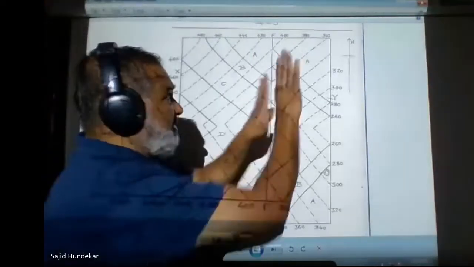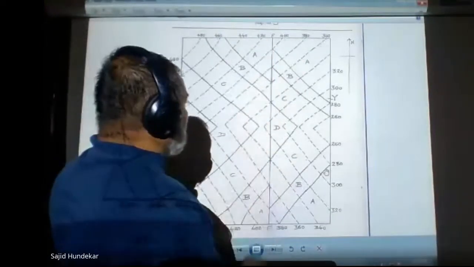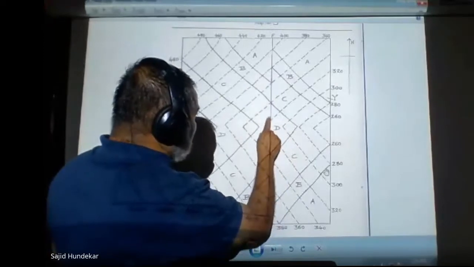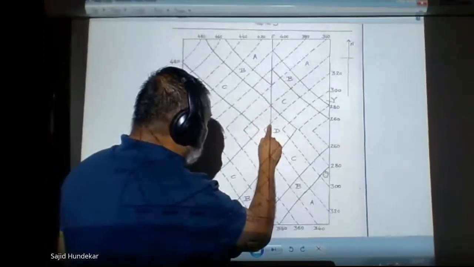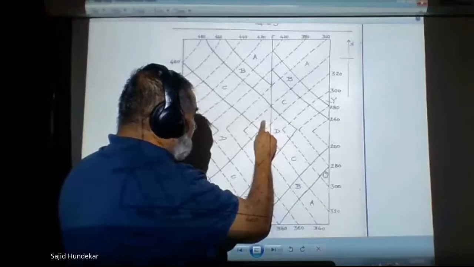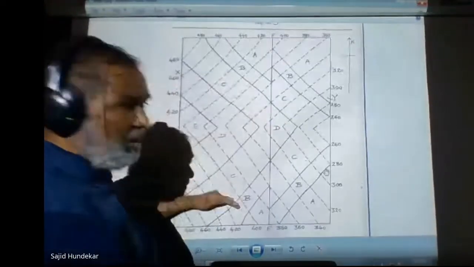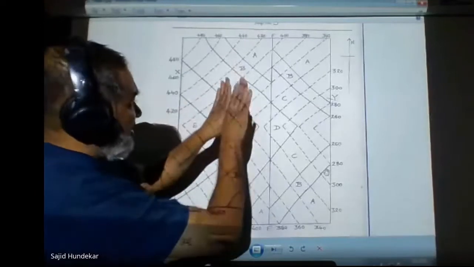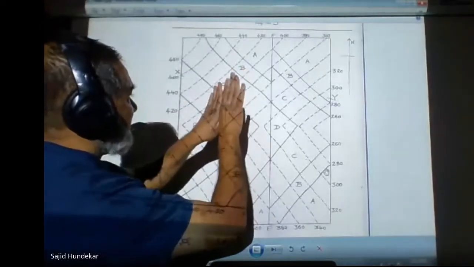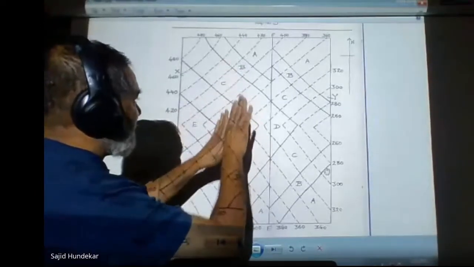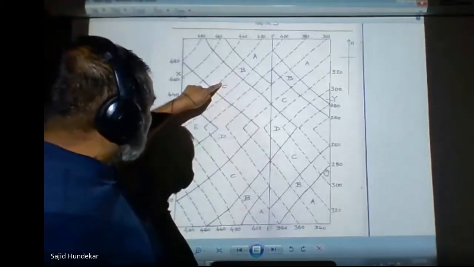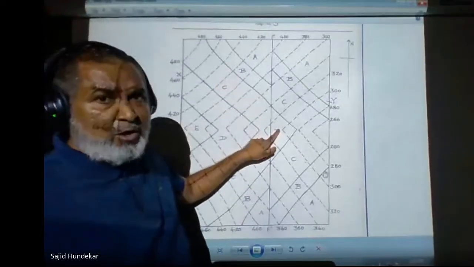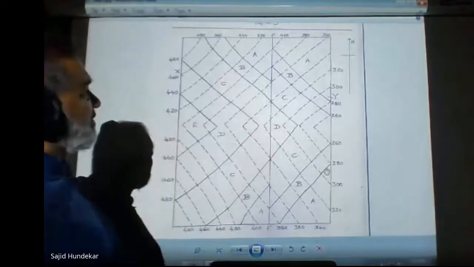So the younger bed from this side, the younger bed has come down. So whichever side C is there, on this side you can make a small mark or draw a square. This side has gone down. So this is where you have to find out the observation. This block has come down. So this block has shifted down. So this C, being younger, has come in contact with the older bed. Now how much it has gone, you have to find out.